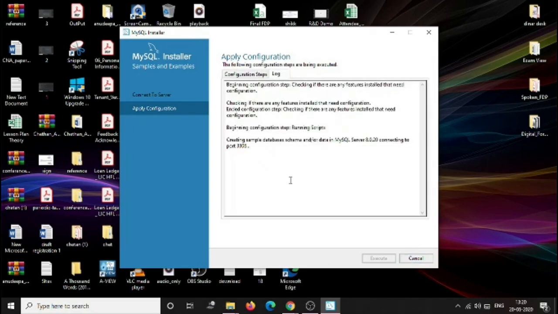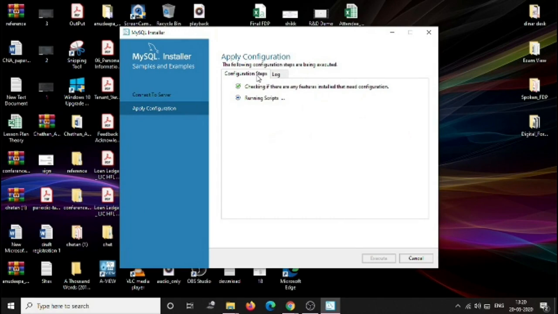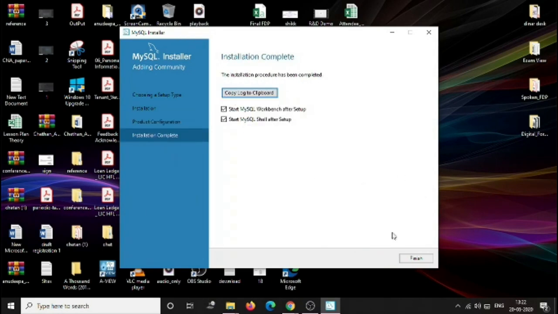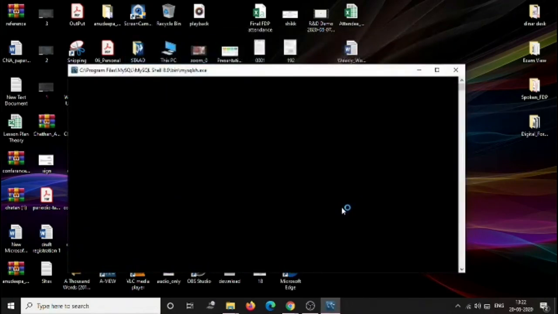You can also check the logs here, but you have nothing to do with this. It is just saved on your local machine. You'll have to wait until it's configured. After completion, you'll just click on finish. Then copy it to the clipboard, and the installation is successful. Then you will get the pop-up of MySQL